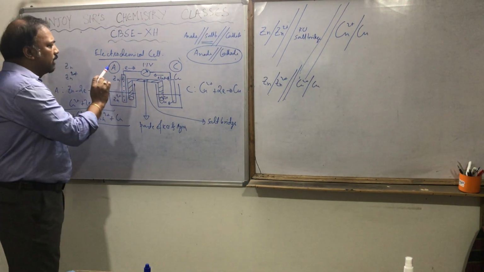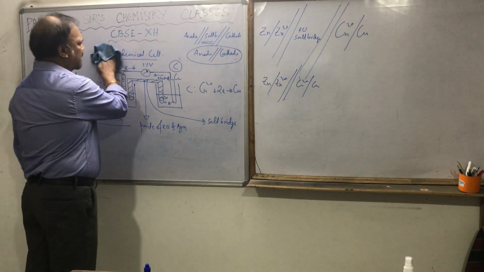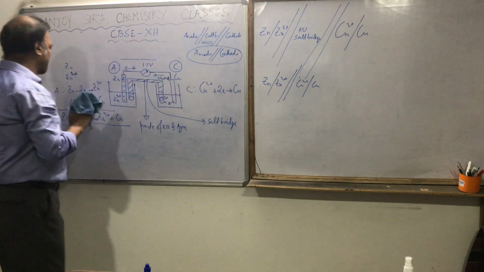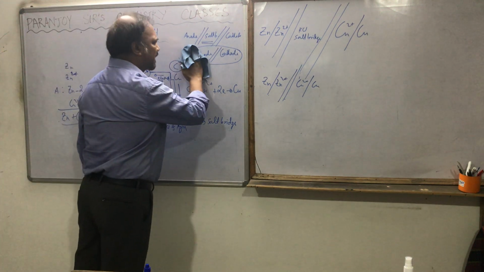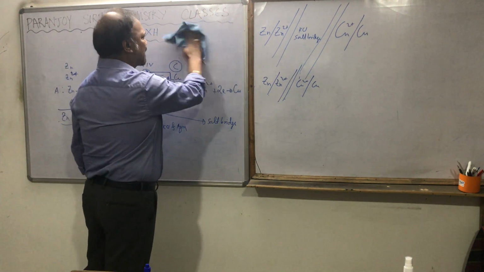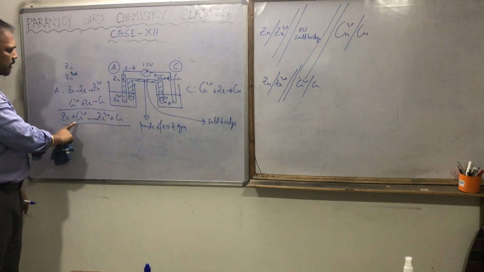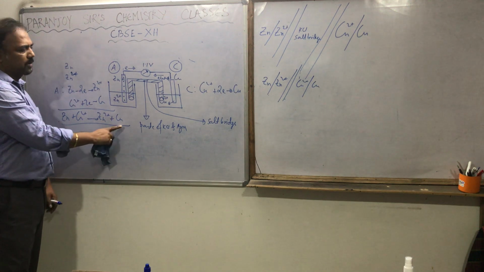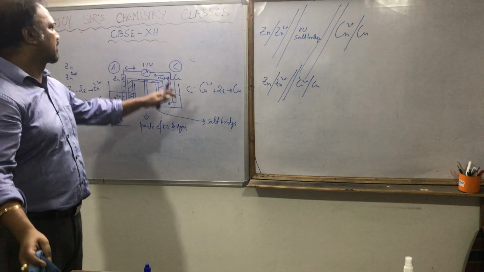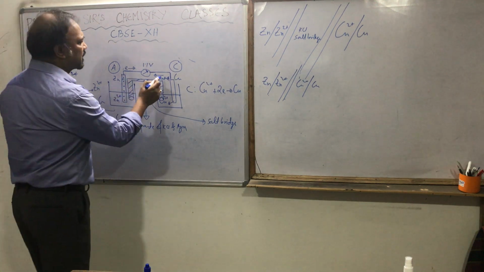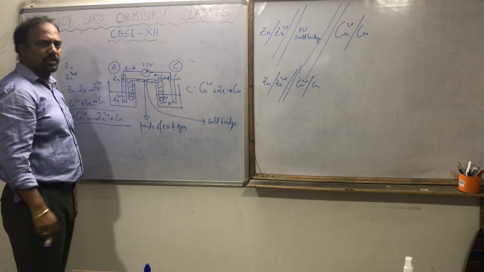See here. As I told you in this diagram, please understand it. It's very simple. The reaction that is taking place, I'll give it over here. That reaction is taking place normally. Because of this chemical reaction, zinc plus Cu2+ producing Zn2+ plus Cu, electricity is generated whose potential difference is 1.1 volt. Electrons are flowing from this direction to this direction.